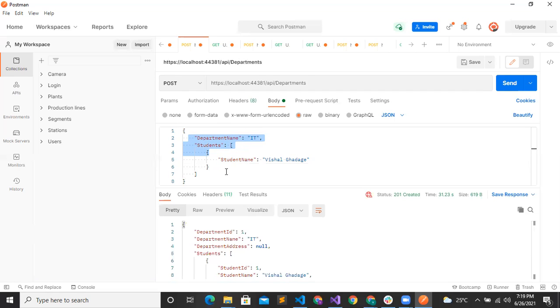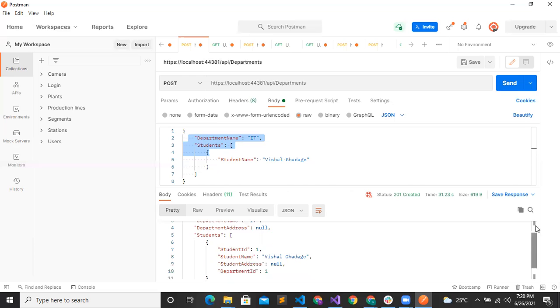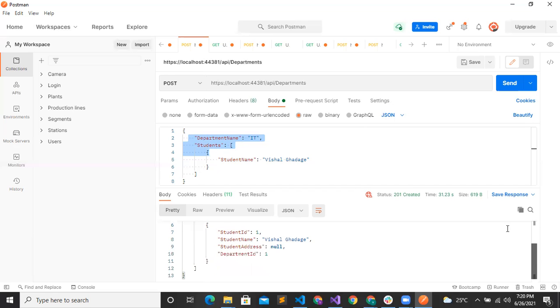So here we have successfully created our department with one student, and we are getting department address as null because we hadn't sent department address from the body. It doesn't matter, we can update it later. We will check in the database now.